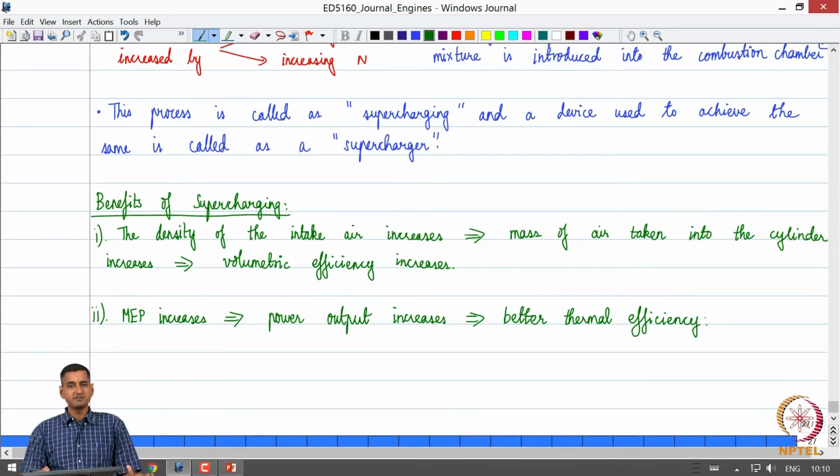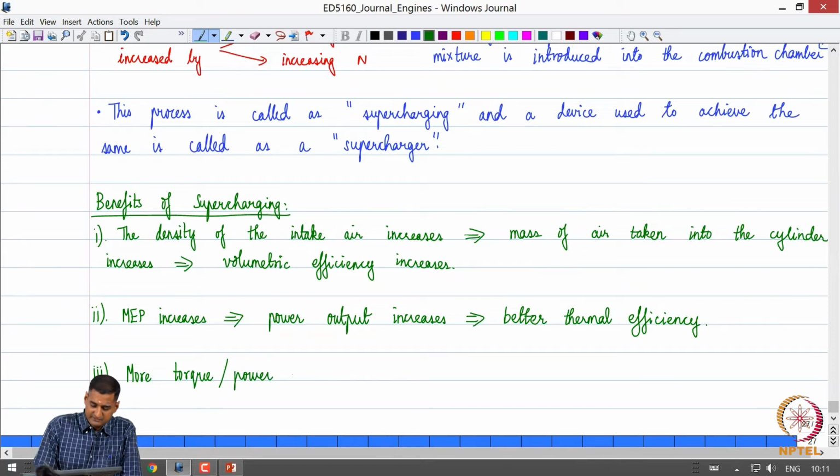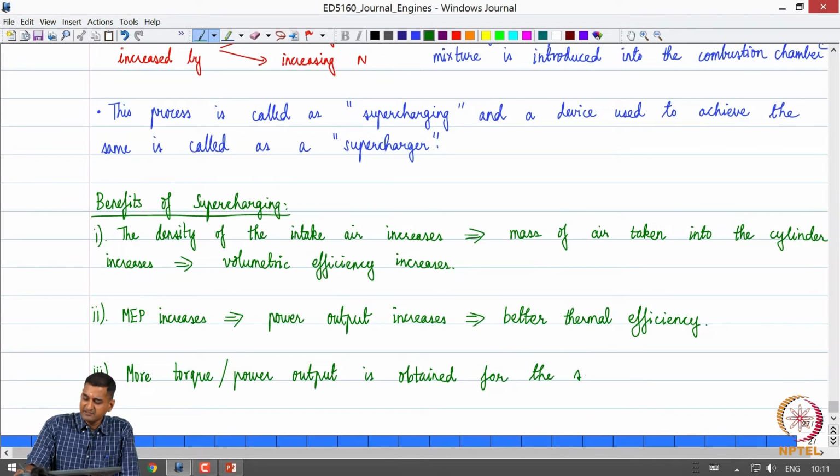Okay, the thermal efficiency of the engine increases. Okay, so that is another advantage of supercharging. And we can immediately observe that by supercharging we get more torque/power output for the same displacement volume. So, if you have the same cylinder volume, right, we get more power output